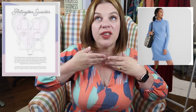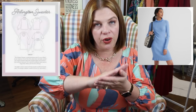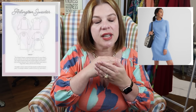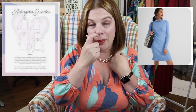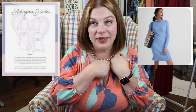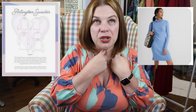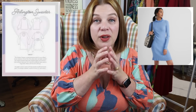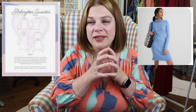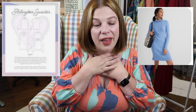And so instead of having the mock neck that comes up, you'll double it over on itself so you have a nice finish edge there at the top, and then just gather it into that neckband. I think that would be really cool. I have a short neck, so I would have to keep mine pretty short. I don't know that that's the best look for me, but if you have a long neck, oh my gosh, please try this. So you just have to make it wider so that you can gather it into that neck